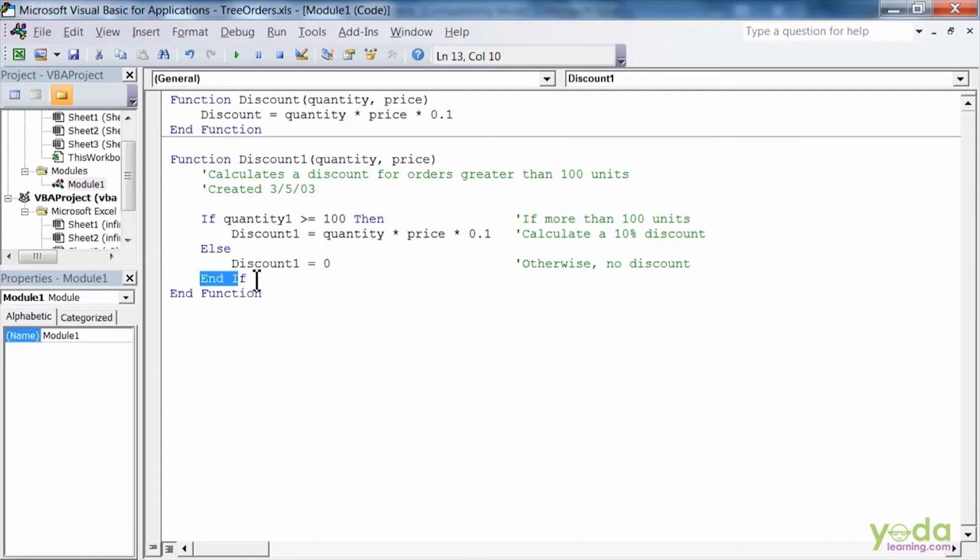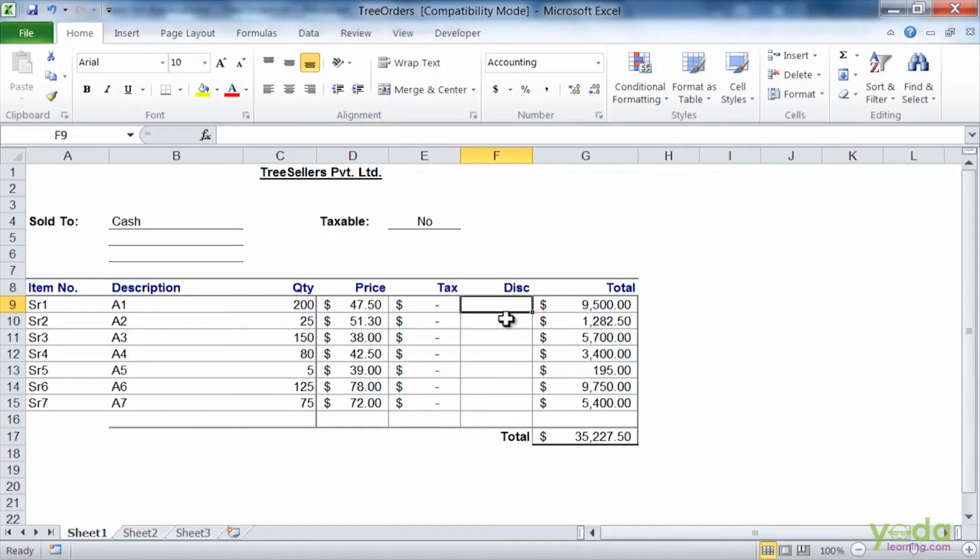End the If with End If. Then complete your code with End Function, and then we will try using the function here.